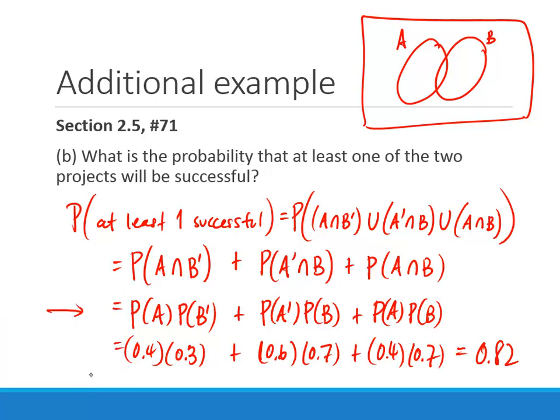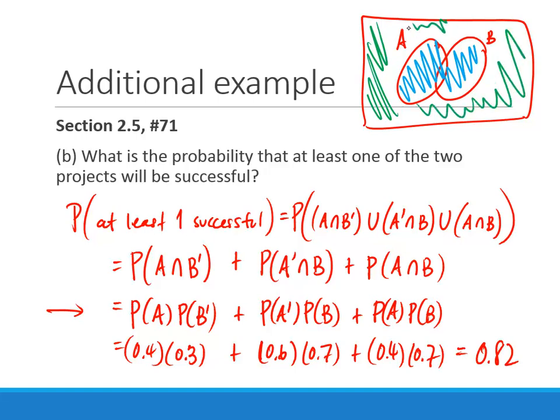Everything inside the circles, right? So this whole thing right here, and the comment that was just given is we could find the green area, the probability of everything else, and subtract that from 1. But we know what the blue shaded area is there, right? What's that the probability of? Yeah, that's just the probability of A union B,